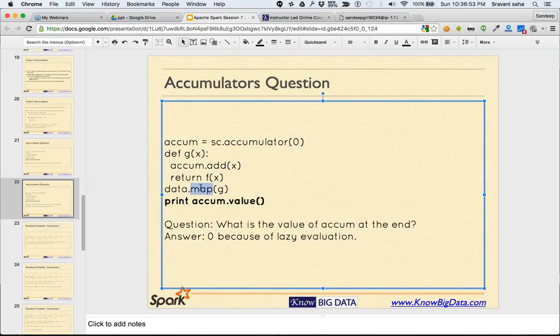So this map operation is a transformation. Spark just noted down, okay, you intend to run G on every element of data. That's okay. We'll run it, but first tell me what is the action. So until you execute an action, Spark won't do anything. Okay. Next is,